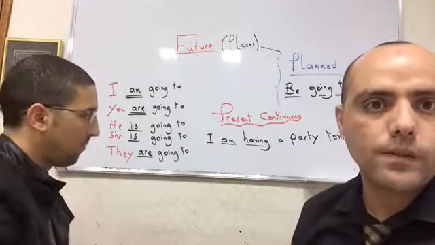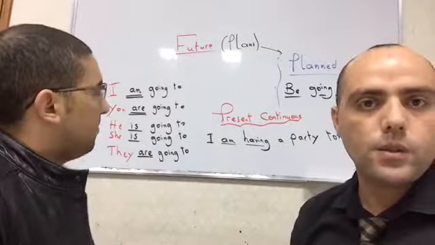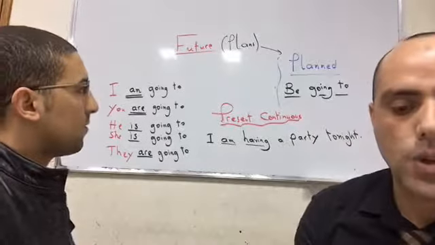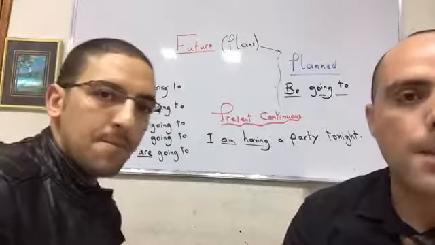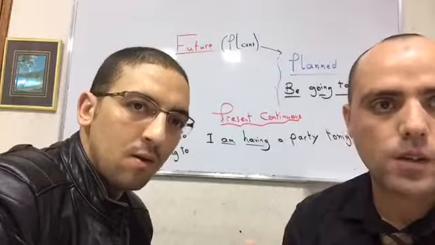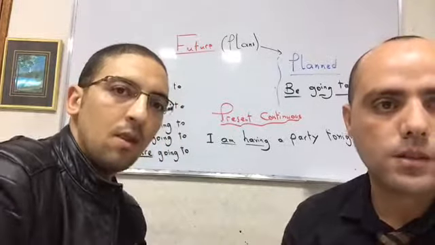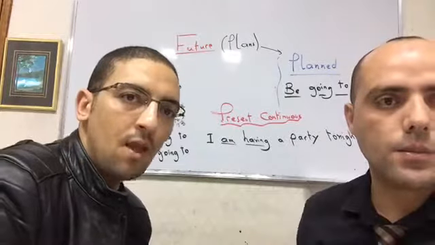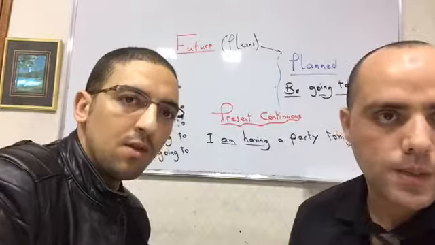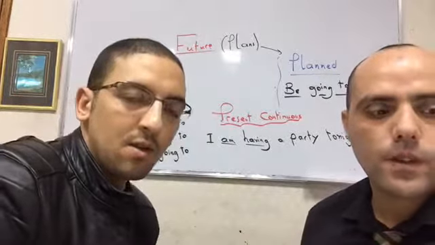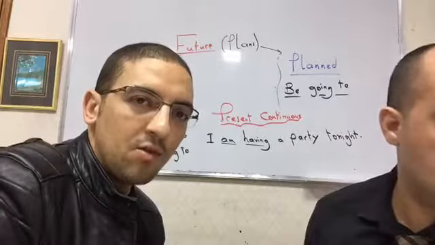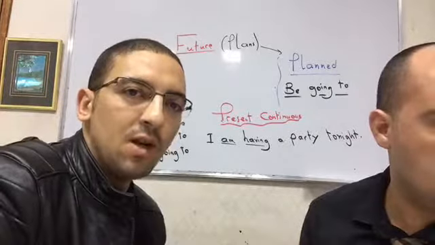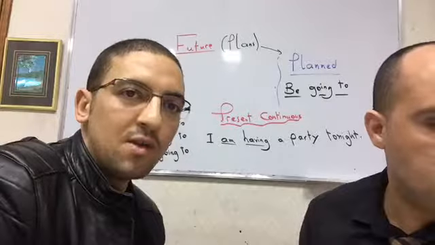So this is what we have. If somebody asked you, what are you doing? You say I'm having a party, because you have done the arrangements. You have done the things that are required to do that action. That is the difference between the future and the present continuous. To talk about arrangements is that